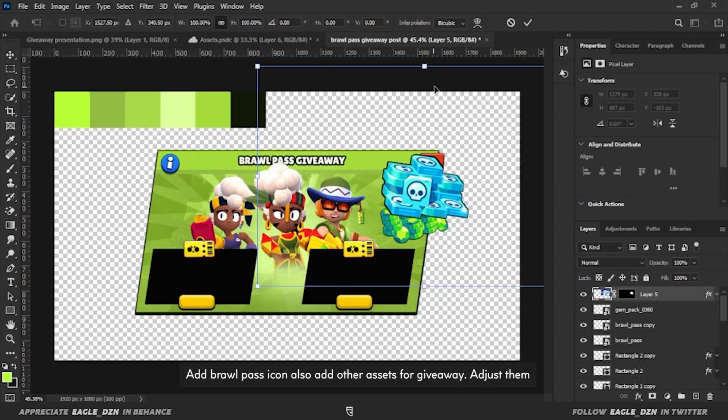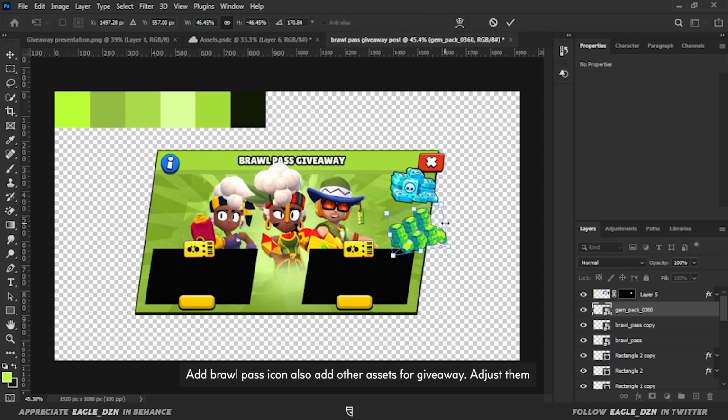Add the Brawl Pass icon. Also add other assets for the giveaway. Adjust them.